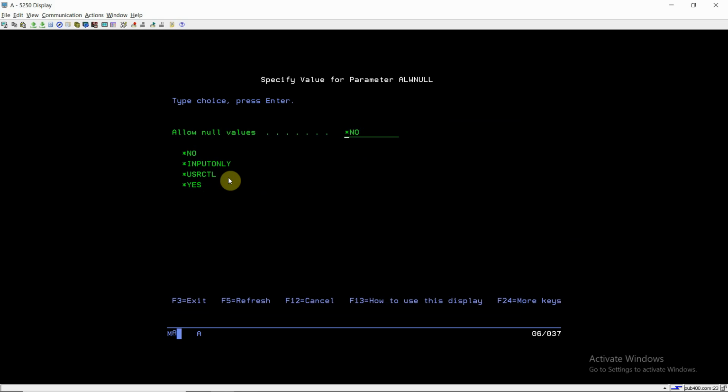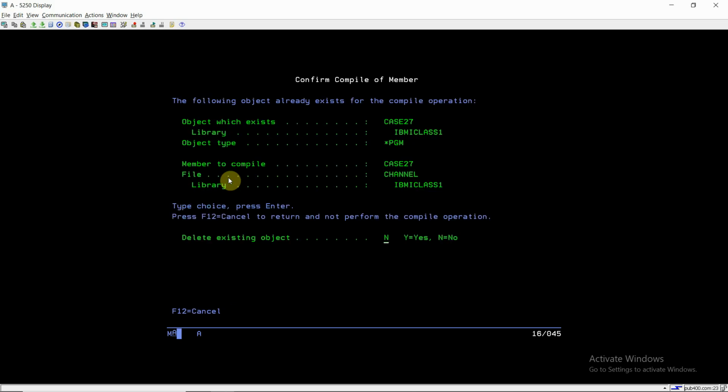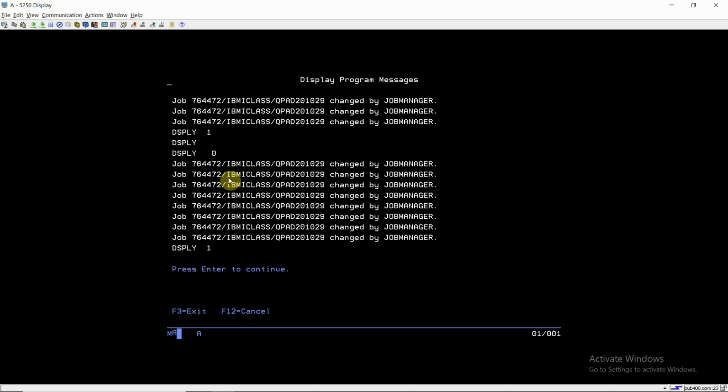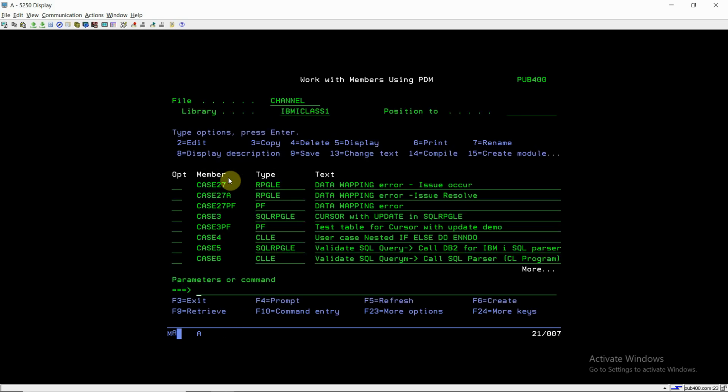Either I can set this as *USRCTL, *INPUTONLY, *NO, or *YES. I'm going to set this as *YES right now. Now this program is compiled successfully. If I call case27, I won't get this error.